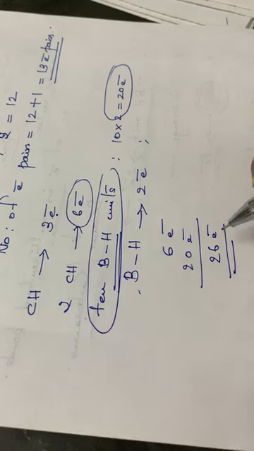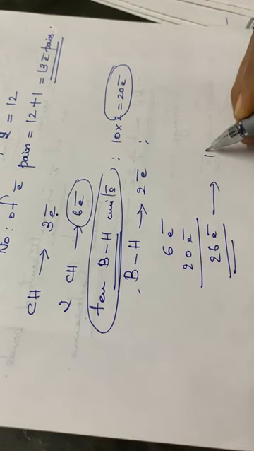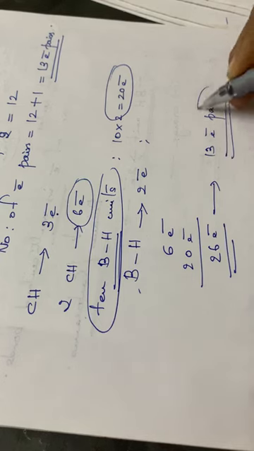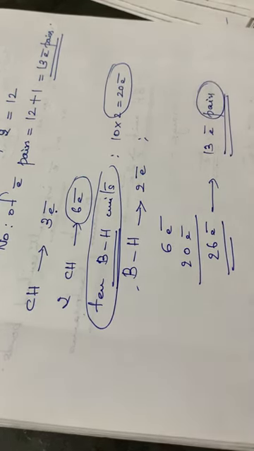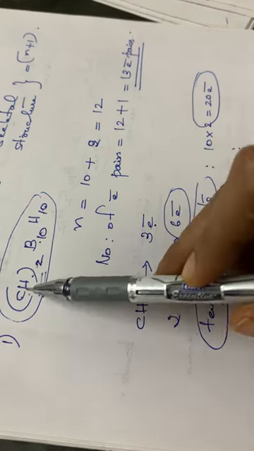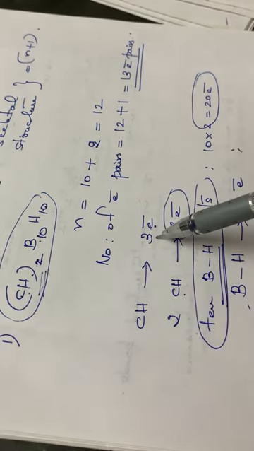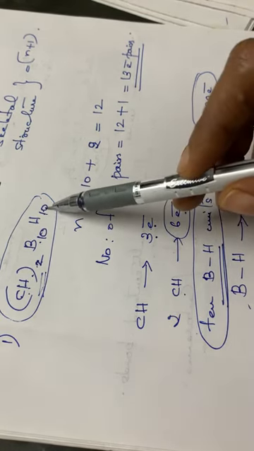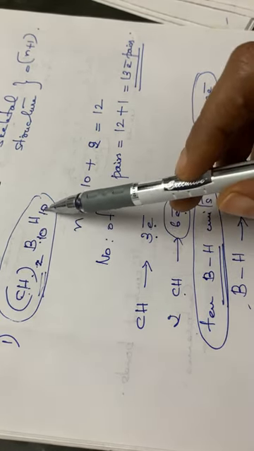26 electrons means how many electron pairs? It will be having 13 electron pairs. Half of the number of electrons gives the number of electron pairs. So in total, it will be having 13 electron pairs. I hope you understood this portion. That is 2 CH units, each CH unit contributing 3 electrons, so 2 CH units means 6 electrons. Then B10 H10, that means 10 BH units are there.